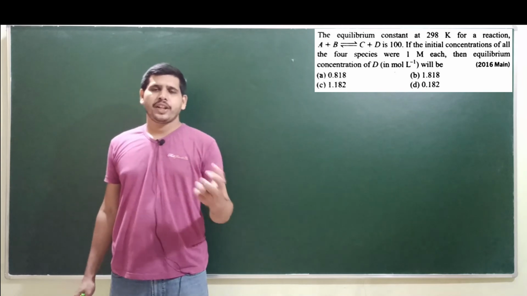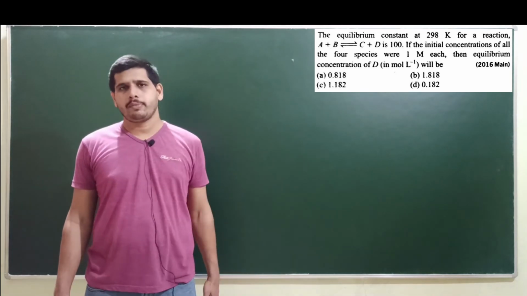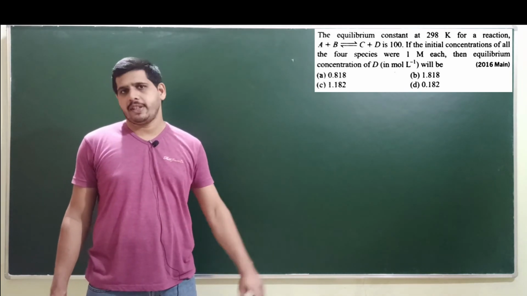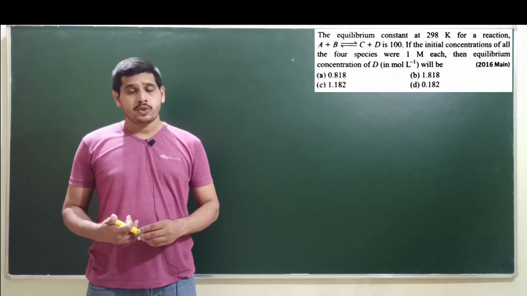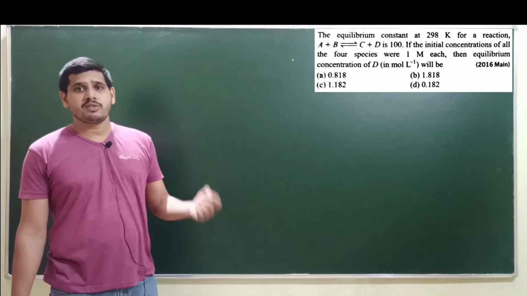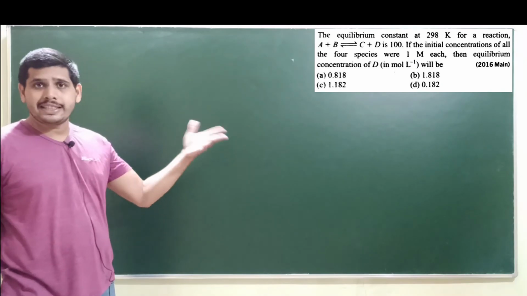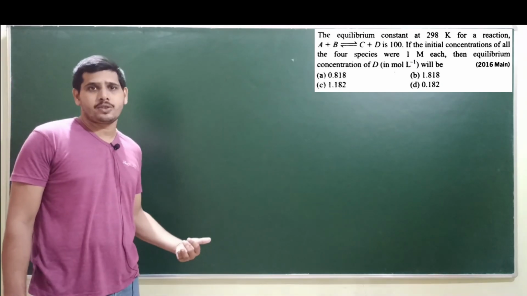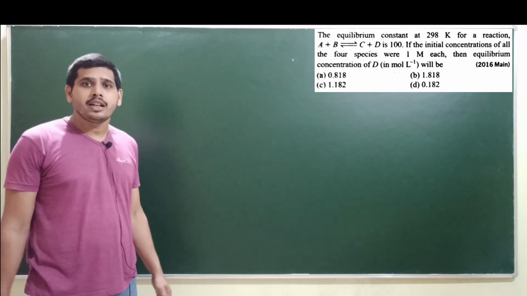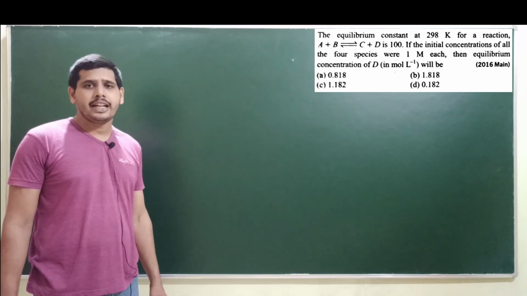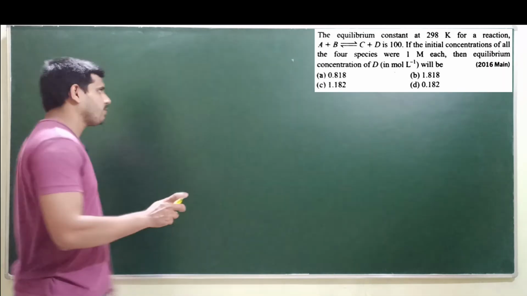Yes, students, here we are given a hypothetical equilibrium reaction, A plus B giving C plus D. The equilibrium constant is found to be 100. Suppose we start with an equal number of moles, or equal concentration, of A, B, C, D. So product is also there, reactant is also there. That is 1 mole or 1 molar for that matter. What is the concentration of D at equilibrium? Right. So let us find it out.